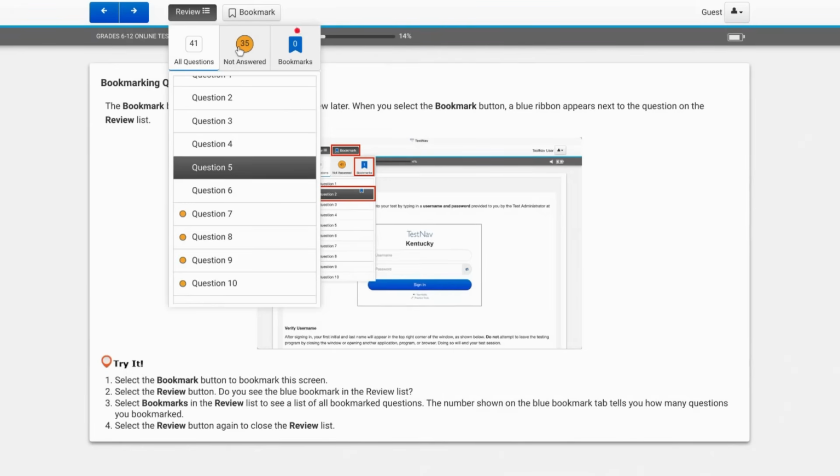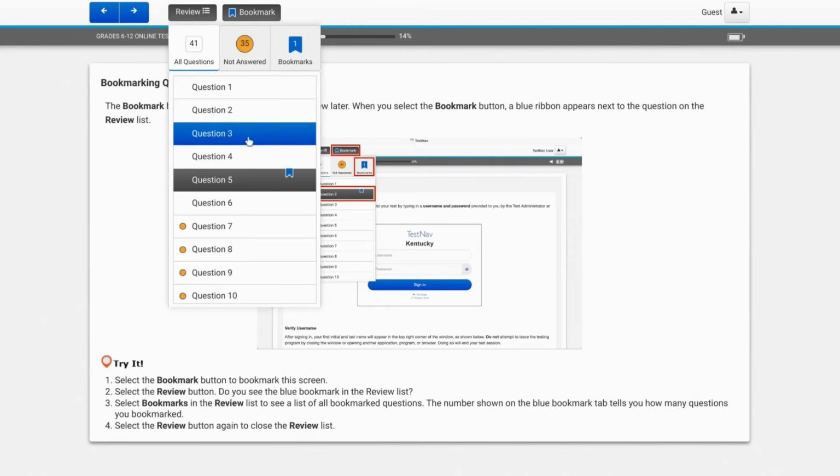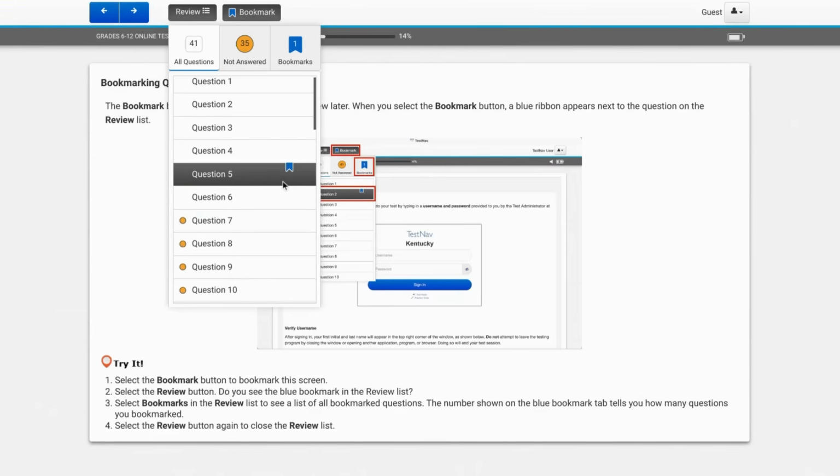You'll also see this button that mentions bookmarks. If you come to a question that you're finding particularly difficult and you want to come back to it later on in the test, you can click this button, Bookmark, and it'll save that question. You can then go to the review button itself and it'll show the little bookmark on it so that you have an extra way of knowing, oh, I need to go back and answer that question